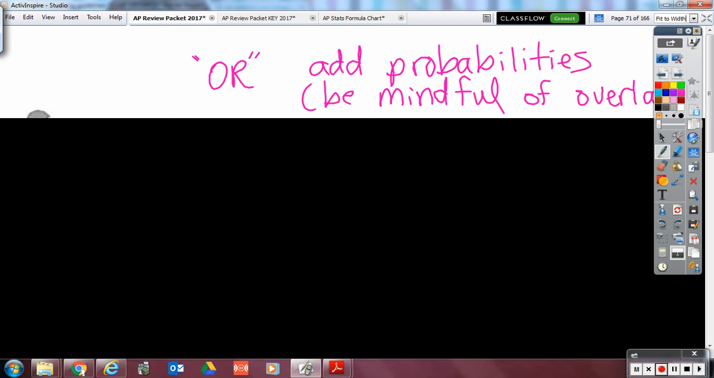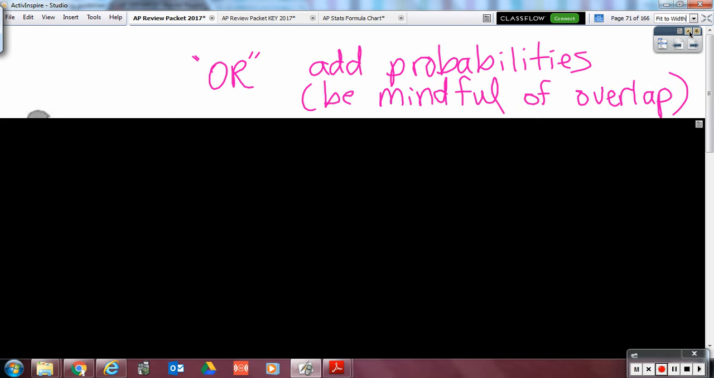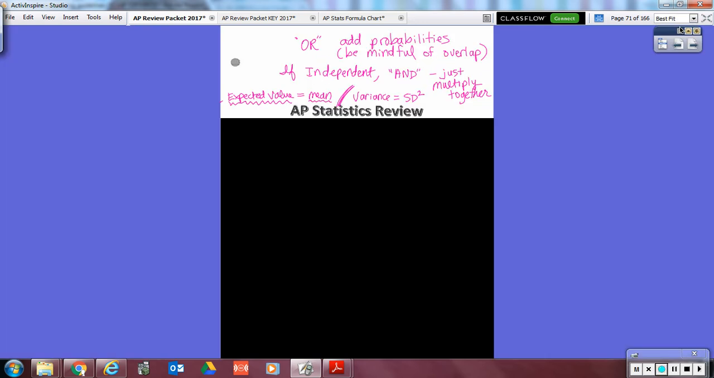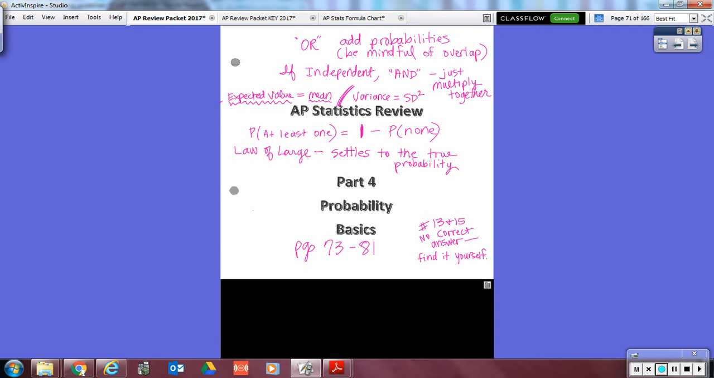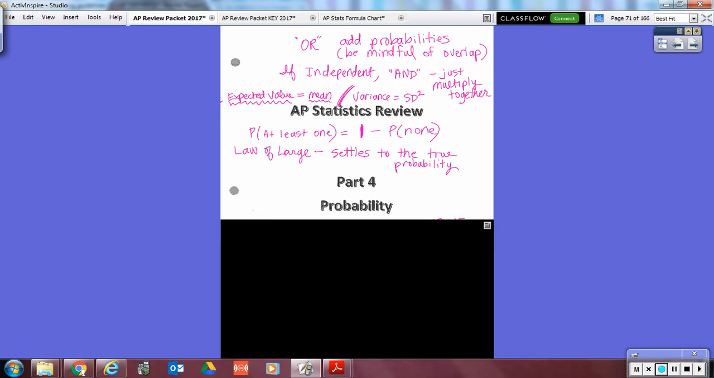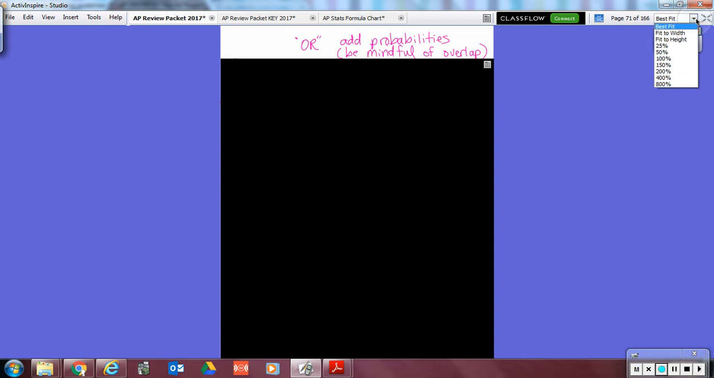So the first basic thing you need to remember about probability is that they ask you this or that. You're writing this on the page that says statistics part 4 probability basics, one of those pages that has a lot of blank space. So, or,